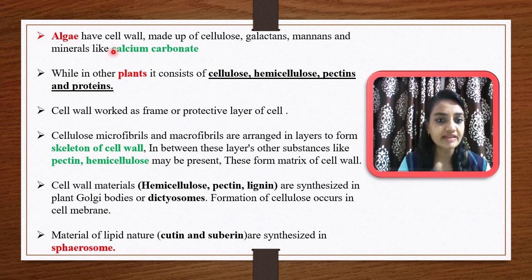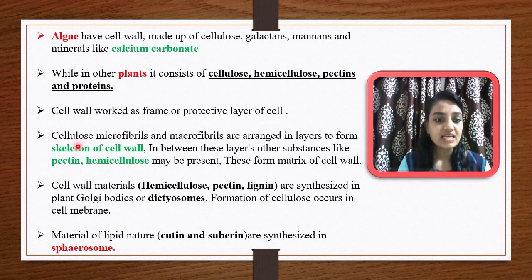So algae will have a cell wall which is made up of cellulose, galactans, mannans and minerals like calcium carbonate. While in the case of a plant cell wall, the composition will be different. A plant cell wall is composed of cellulose, hemicellulose, pectins and proteins. Okay, and the cell wall here works as a frame or protective layer of a cell in the case of a